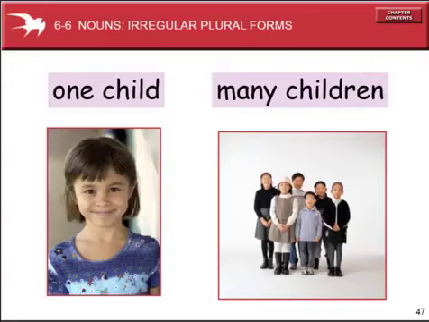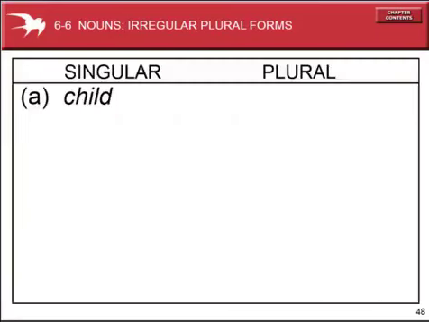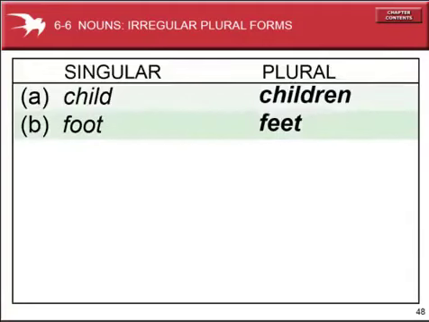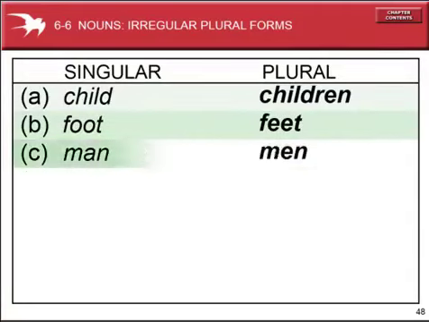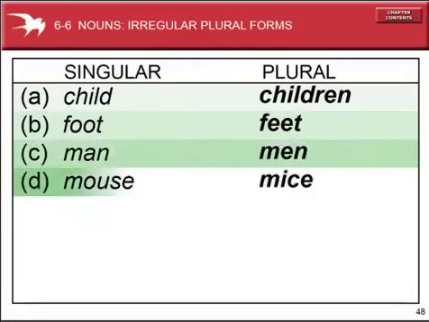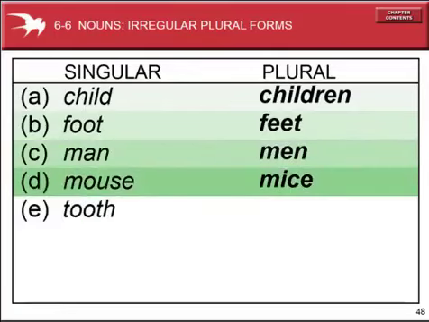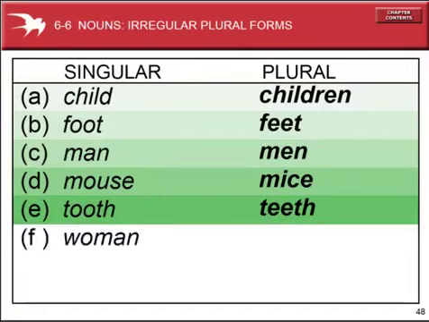Irregular plural forms. One child and many children. So the plural form of child is children. Look, some irregular plural forms. Child, children. Foot, feet. Man, men. Mouse, mice. Tooth and teeth. Woman,